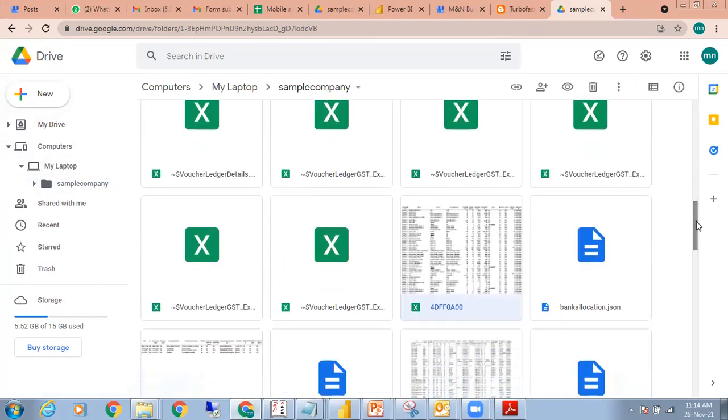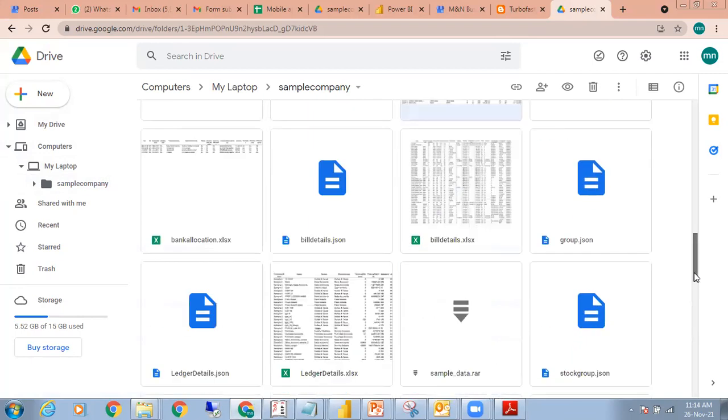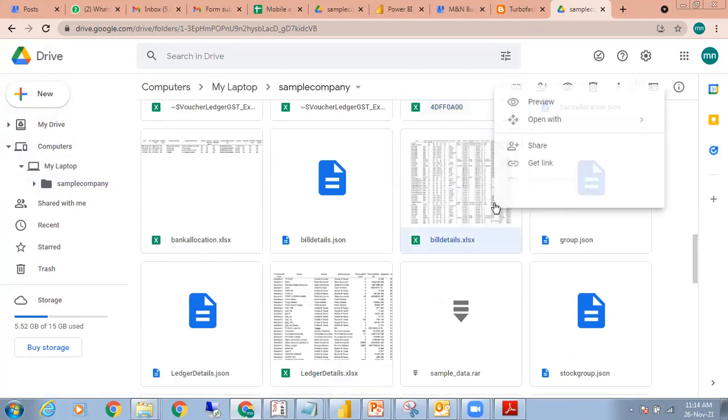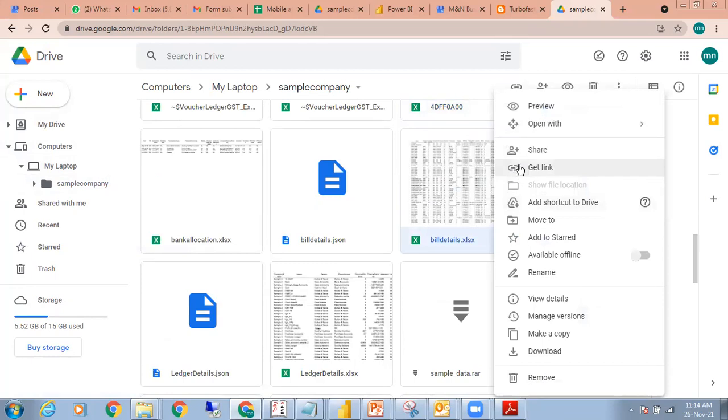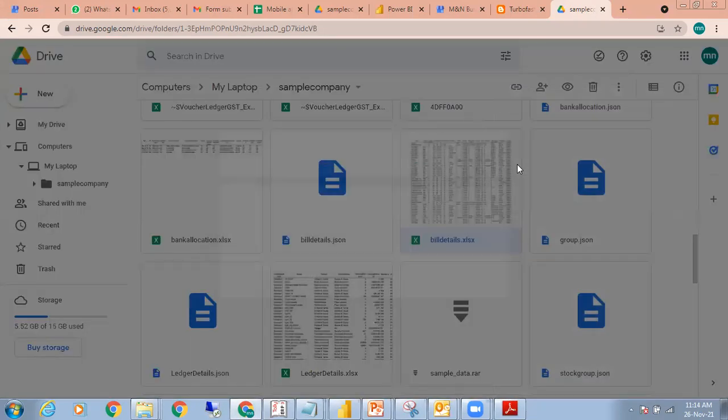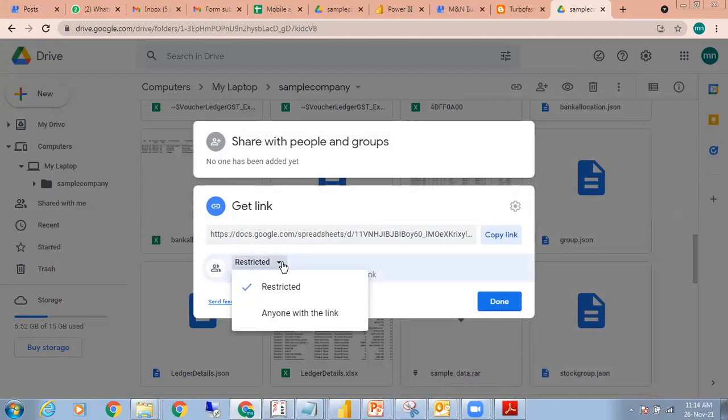It's clear. Now, when I click on this particular data, suppose I click on bill details, I right click upon it, I say get link. Now, this link could be restricted or could be anyone with the link. Now, in case you need to consolidate, because a number of people have got the data on Google Sheets as well as the Excel sheets.